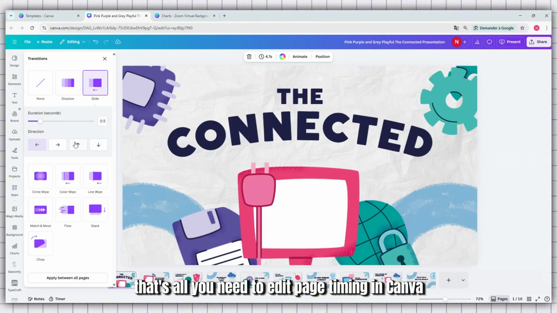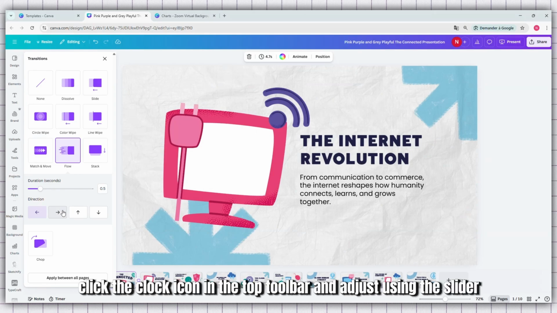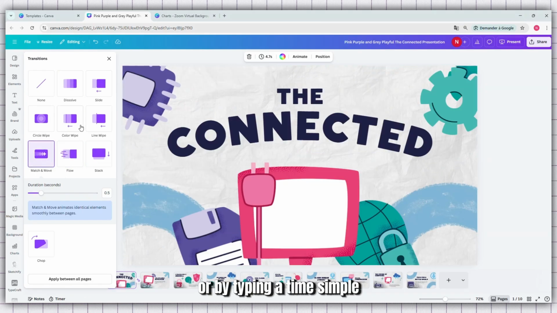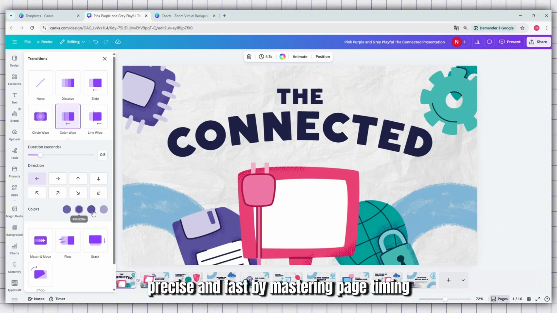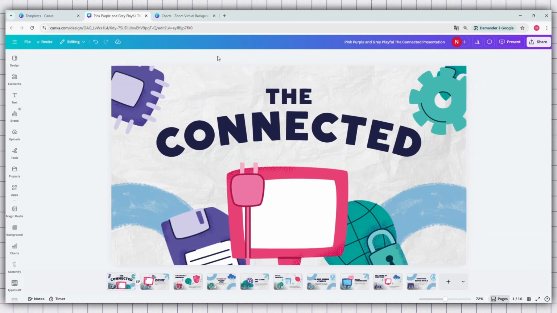That's all you need to edit page timing in Canva. Open your project, hover over the page you want, click the clock icon in the top toolbar, and adjust using the slider or by typing a time. Simple, precise, and fast. By mastering page timing, you'll create videos, presentations, and social media content that feel well-paced, professional,